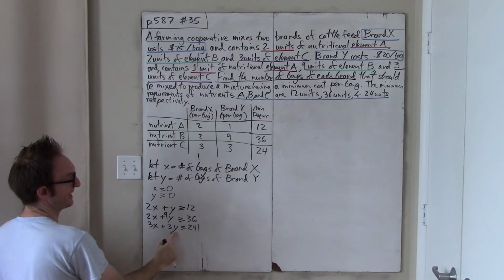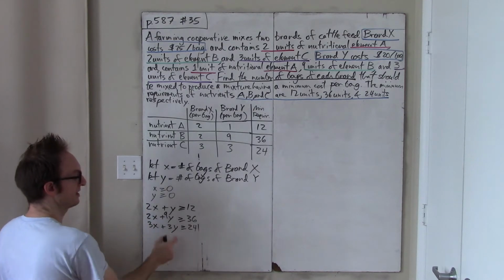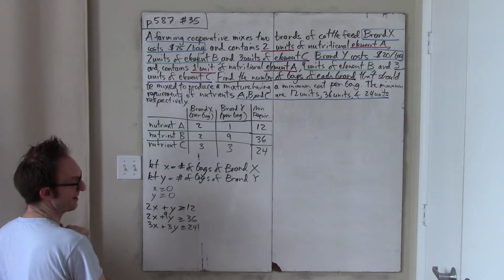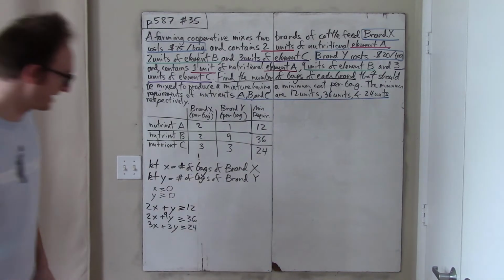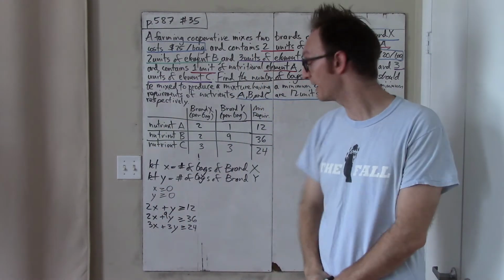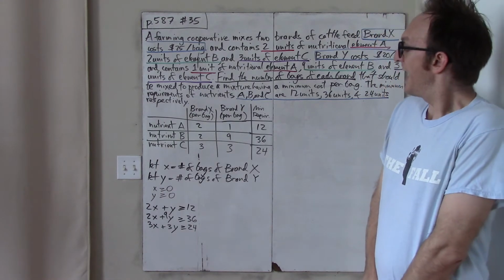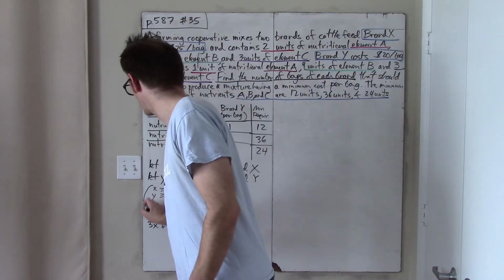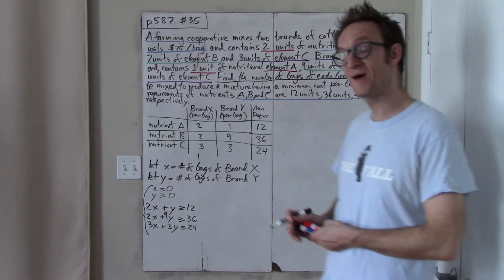And then if I have Y bags of brand Y and 3 units of nutrient C per bag, then when I multiply them, I get the total contribution of nutrient C from my brand Y bags. Okay, having done all this, this was all the hard part, because I basically converted this entire word problem into a math problem. Here I have now a set of constraints,